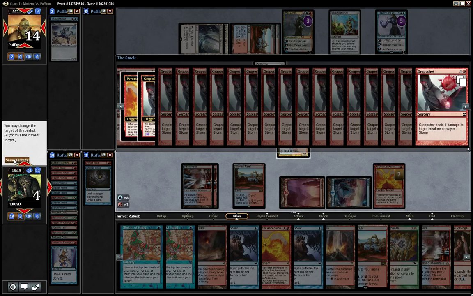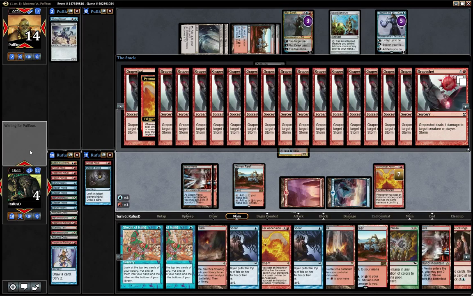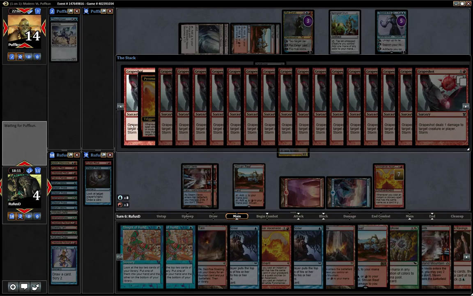So you can see we could have easily kept going off that turn. Just look at our hand. We've got tons of blue mana, we've got lots of draw spells, and yeah, we Grapeshot for...